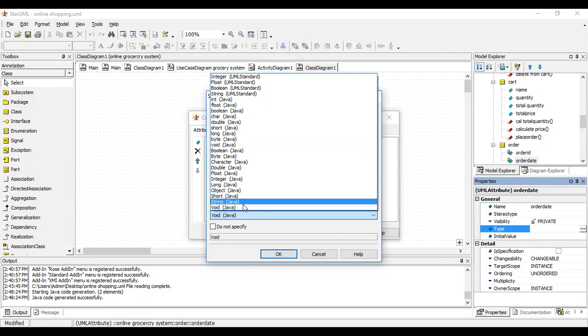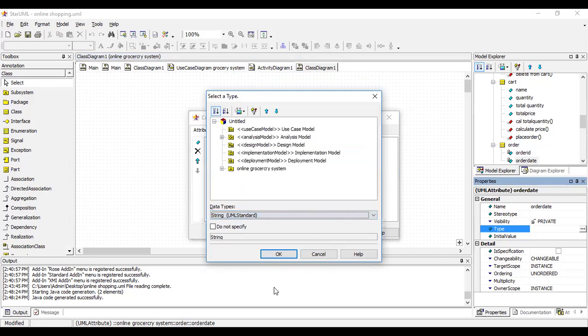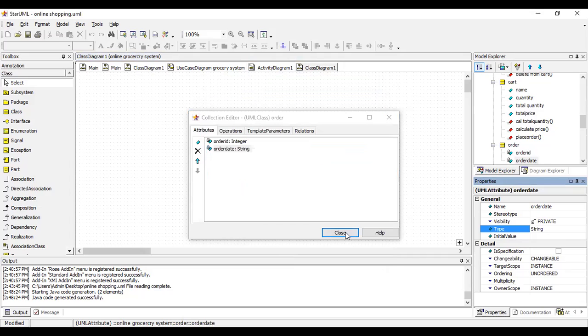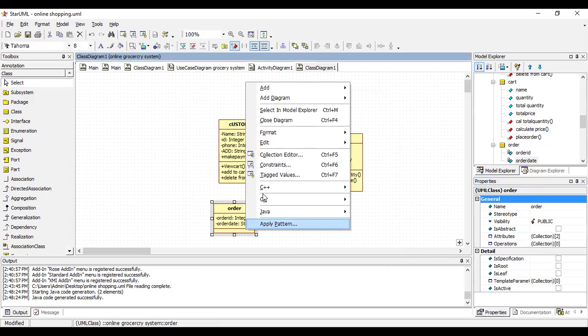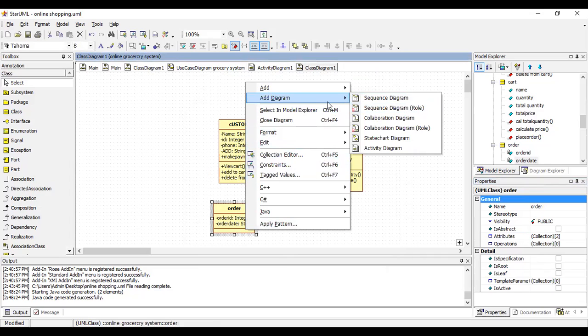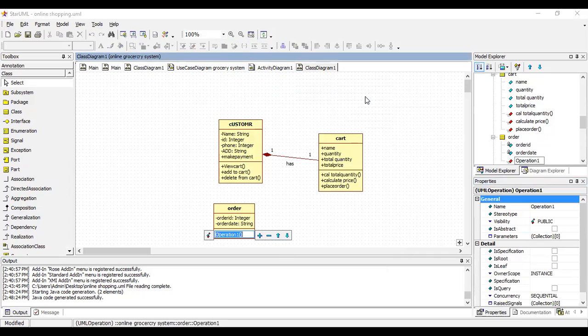Date, or you can put it as a string. After that, the operations for the order class are